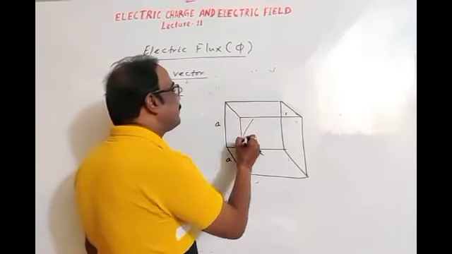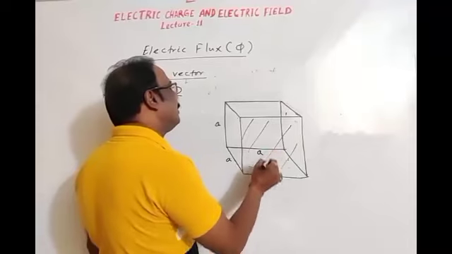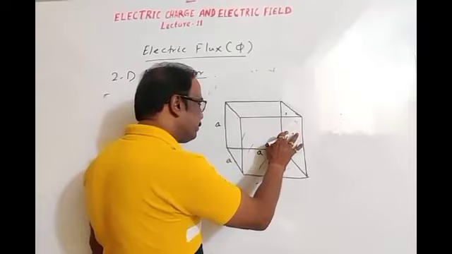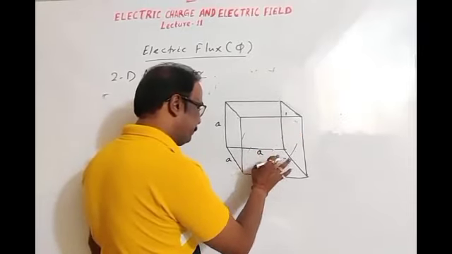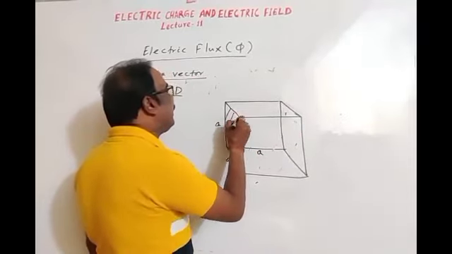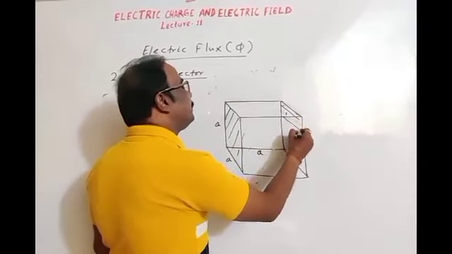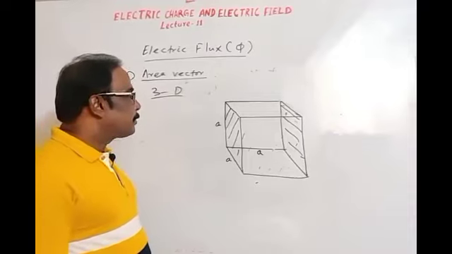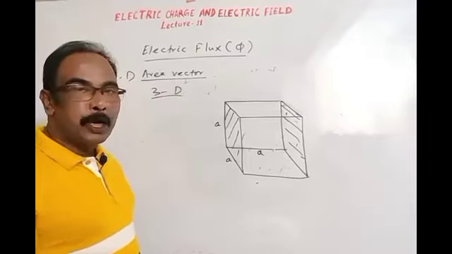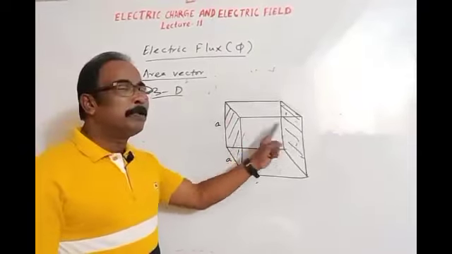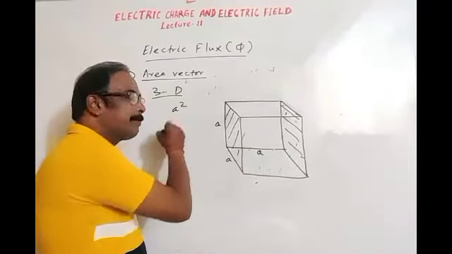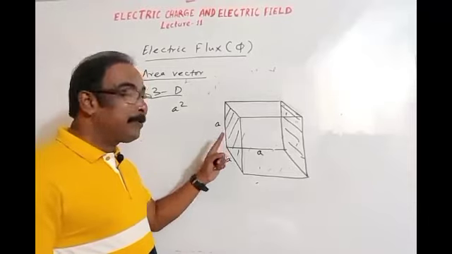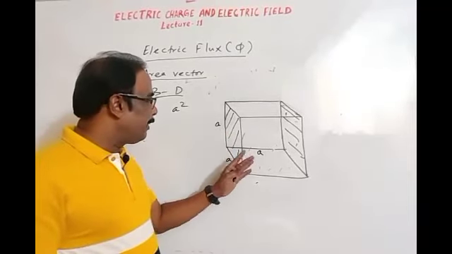This is a surface area. The back side is also a surface. I am representing first the first four sides. This is a surface area. This is also a surface area. Let's first discuss the direction of these two surface areas. The magnitude of both surface areas is a square, since the length of each side of the cubical body is the same.